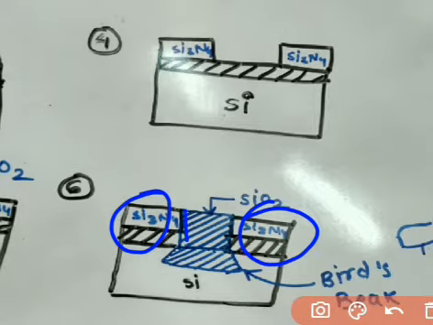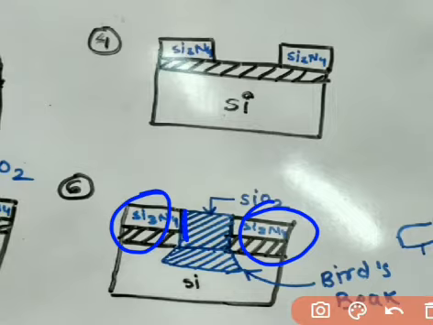What happened in this process? The oxide layer is formed due to diffusion, but the diffusion direction could be anywhere. There is no anisotropy. It could be isotropic in nature. Isotropic means a reaction could take place in any direction.